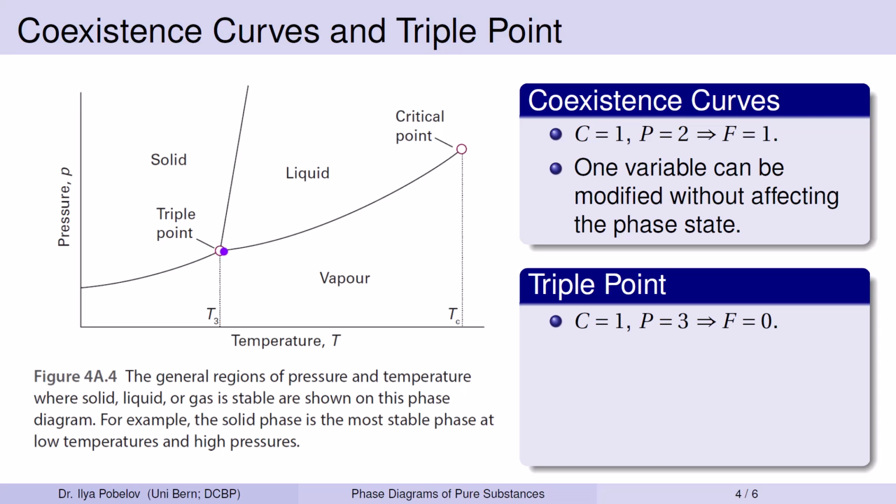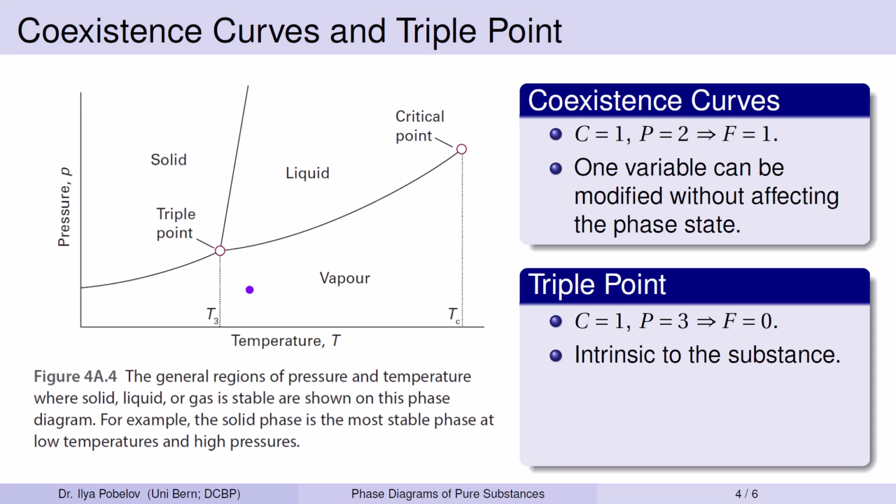The triple point is where three coexistence curves intersect, denoting the unique set of conditions where three distinct phases of a substance, usually solid, liquid, and gas, are all in equilibrium. This point is intrinsic to the substance and is characterized by the triple point's pressure and temperature, which are unchangeable